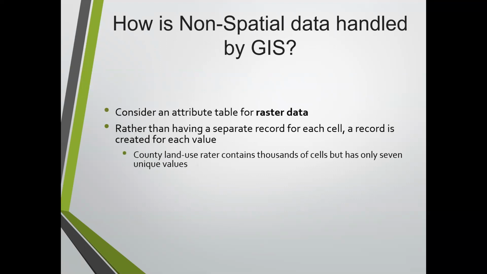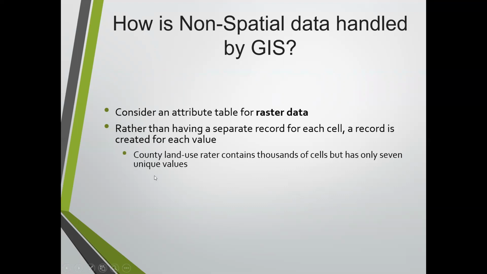So a county land use raster contains thousands of cells, but you just use 7 unique values within it. Typically with raster data, the values in the cells are actually all the data, so you don't have a separate table associated with raster data. It's a little different. You may have a county land use raster that contains hundreds of thousands of cells, but they're only breaking it down into 7